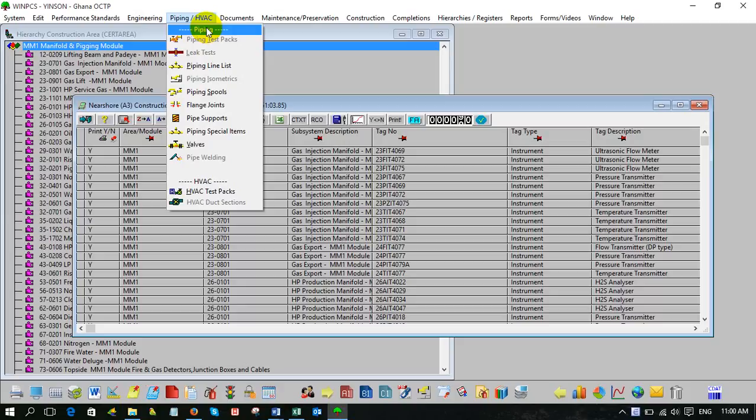Test pack type. Now it's MTP. MTP is marine. For you, you put PTP. So system number is 51, or your one is 23. Okay, put 23. This one will change and become 0201. This handover actually is the old one.